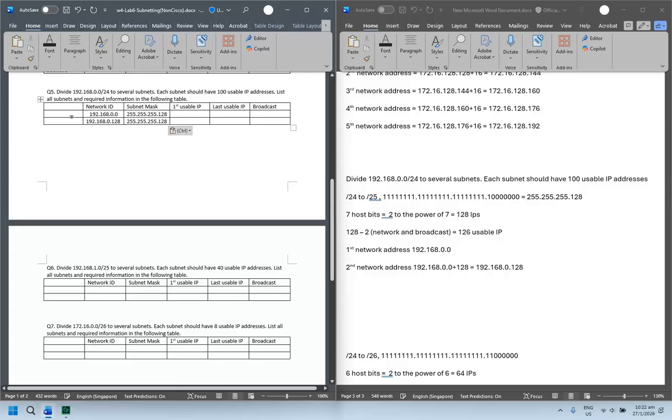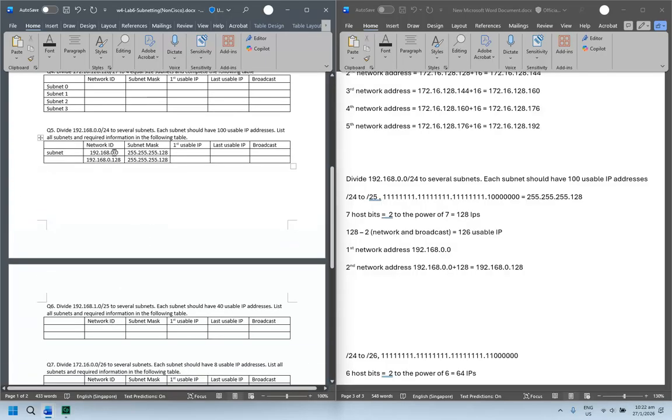So this will be my subnet. Since here is 0, let's use 0 and subnet 1. Same thing here. The broadcast will be 1 less than the network address of the next group. So very simple. 0.127. In order to get the broadcast address of the next group, basically,